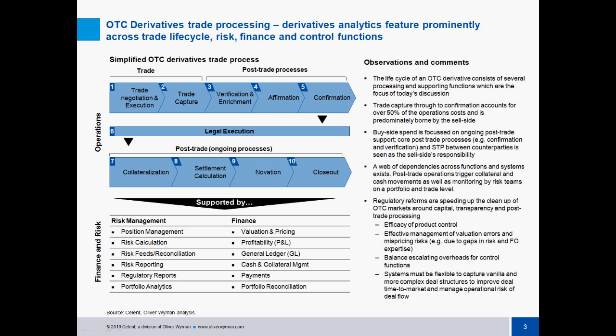This diagram shows the OTC derivatives trade processing cycle. Over the last two years or so during the financial crisis, the challenges and issues have not changed significantly, even though the pressures for reform have intensified. The key issues for firms trading in OTC markets are the lack of transparency, managing escalating overheads from needing to address regulator and investor concerns, as well as FTP-related issues that you all know about.